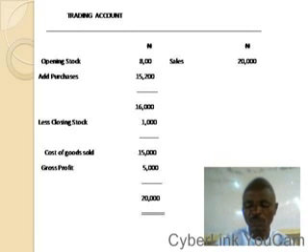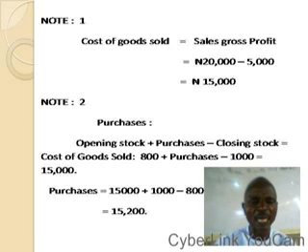That's a check note 2. And under the note 2, you have the closing stock, that's a minus 1,000 naira, equals cost of goods sold. Cost of goods sold this time around is 15,000 naira. And you now make the P